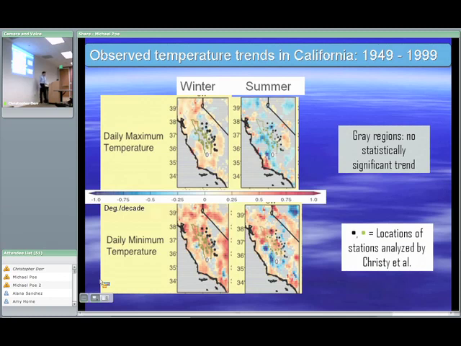If we look in summer, actually it's quite different, and it may be a bit surprising to you, and I hope you can see the color, that there really has been, essentially in daytime in summer, no warming. And that was a surprise to me. There has been warming at nighttime in summer. That's also, I think, very interesting because that's consistent with my anecdotal experience. I mean, I've lived here for almost 30 years, and my memory is that it used to really cool down at night, and it doesn't seem to anymore.